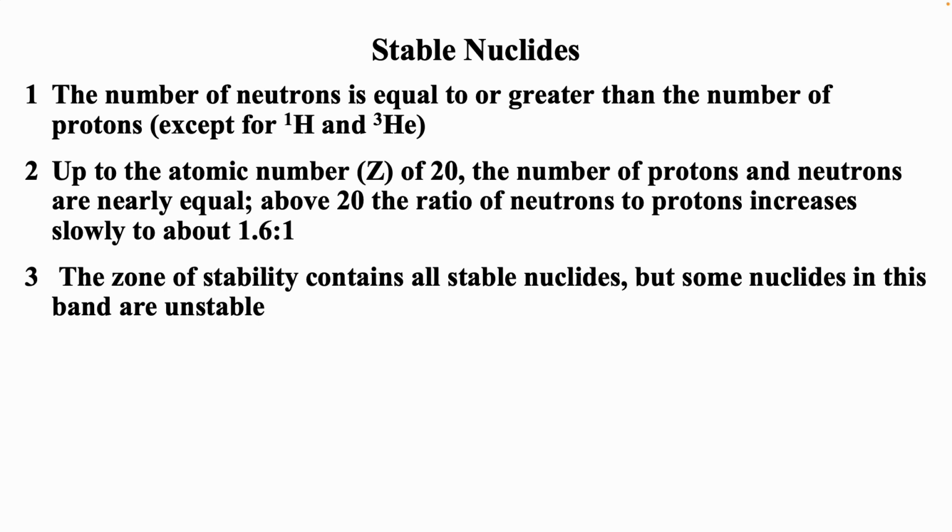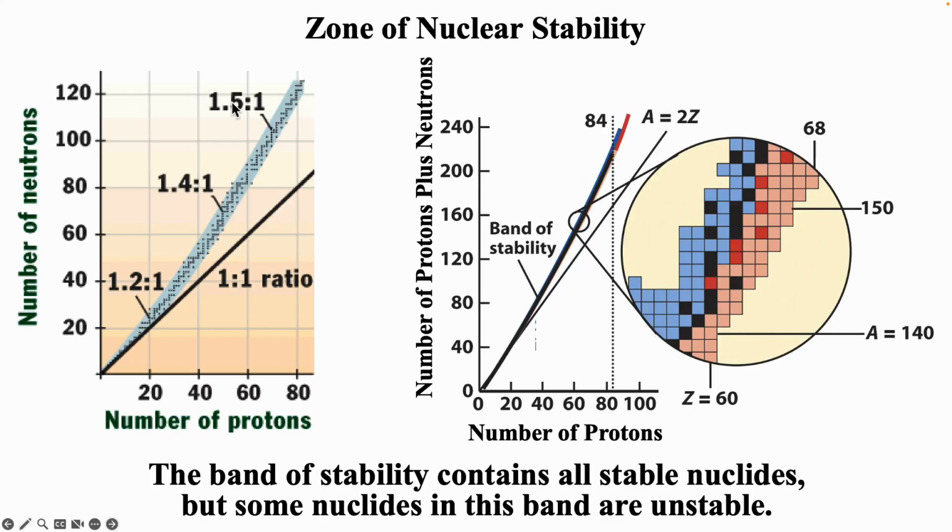The zone of stability contains all stable nuclides, but some nuclides in this band are unstable. And so here we're plotting number of neutrons versus number of protons. And so for the first 20, it's a 1-to-1 ratio. Now the blue is your band of stability. And so this contains all the stable isotopes, but some of the ones in this band are unstable. And so if we zoom in here, we'll see the red ones are actually unstable, but all stable ones are